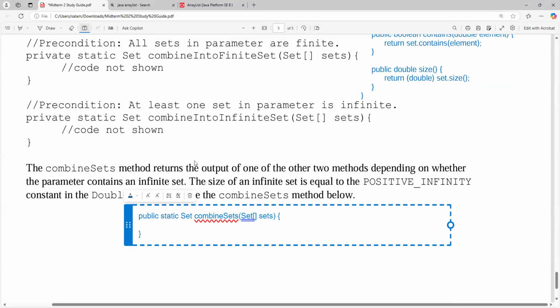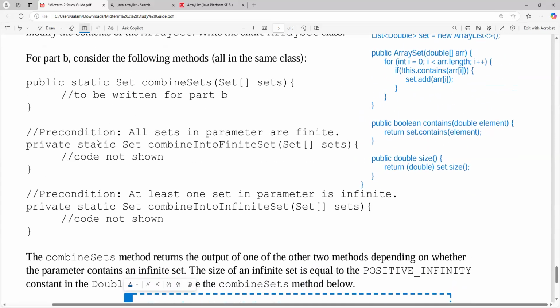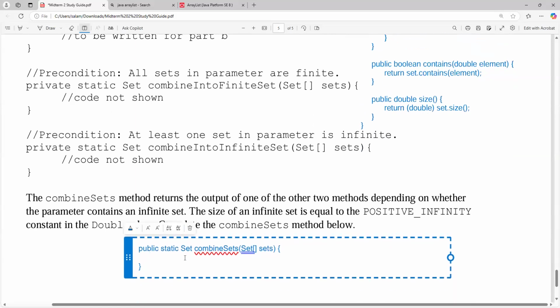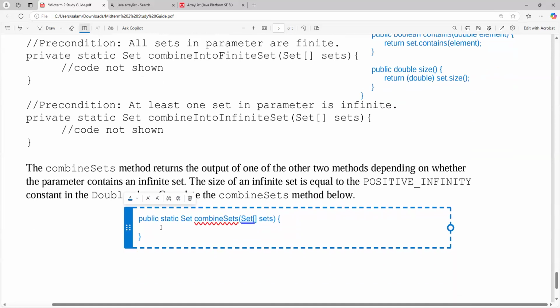So this is going to return a set. So we're going to create a new set object. Well, actually, we could use the methods here, right? So the idea is we have to go through,